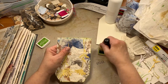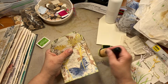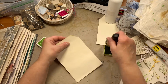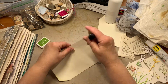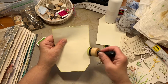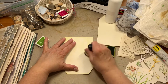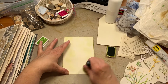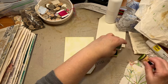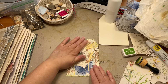Now, some people might not put this green around here because, I mean, you got brown and blue and yellow, but why not? I've gone very spring, like I said, since winter has been over. Everything I've been doing has been very spring-like, so why not? So yeah, it's been fun trying to get these prompts done ahead of time, because we do have several trips planned, as I've said in previous videos, even though at this point in time when I'm filming this, when I'm recording this,